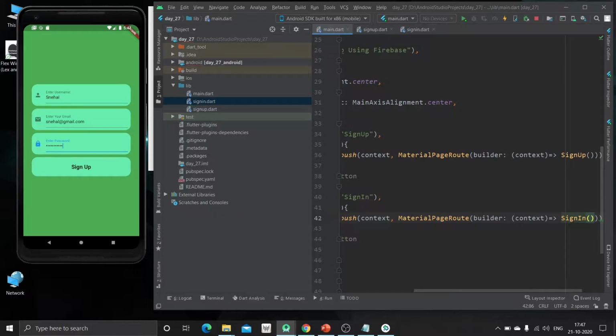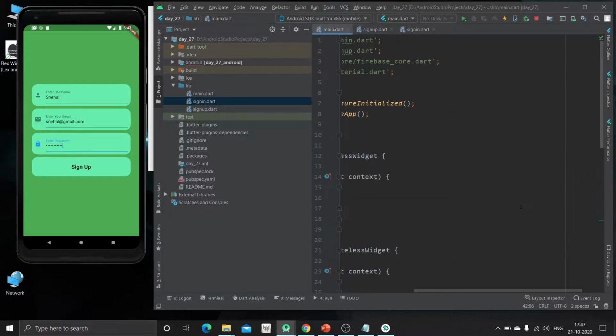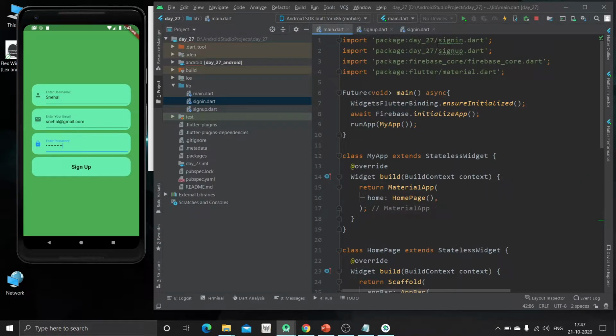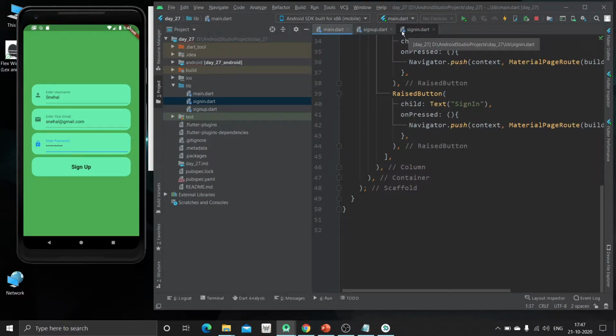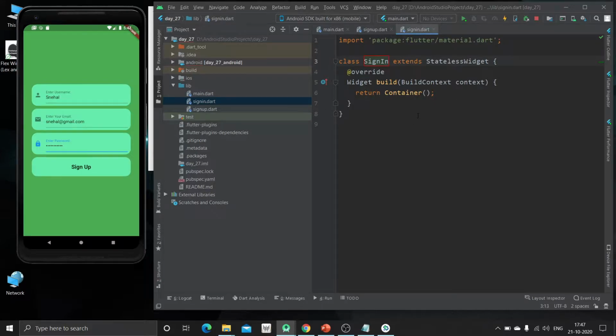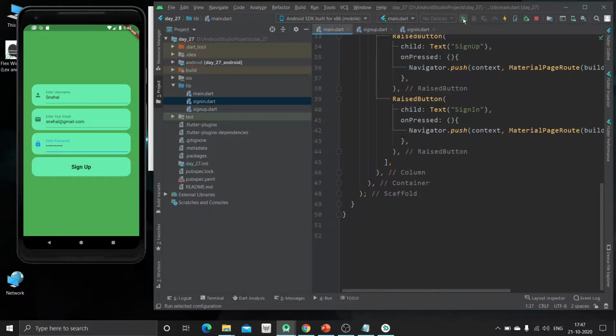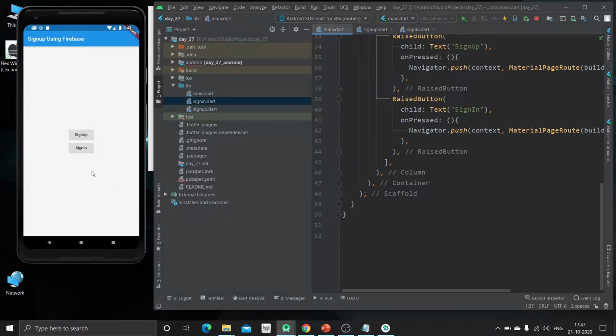If you have a red line under this, you can manually import the sign in page. As in the sign in page we don't have anything yet, just hot restart your app.